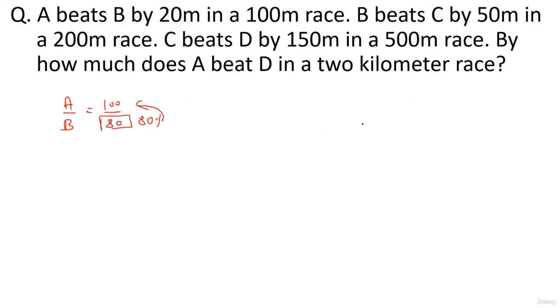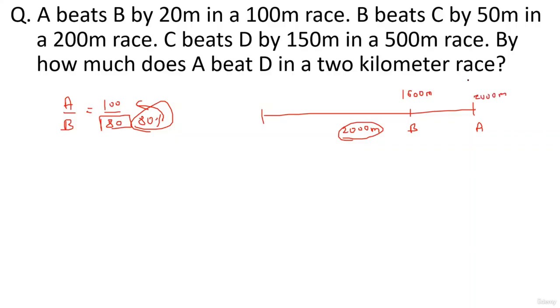Okay, so let's draw a timeline. Not a timeline, basically it should be called a distance line. Okay, there's a distance of 2000 meters here in total. Okay, when A is at the finish line, B will have covered 80% from this, right? So B will have reached what distance? 80% of 2000. 8 to 16. So B will have covered 1600 meters,